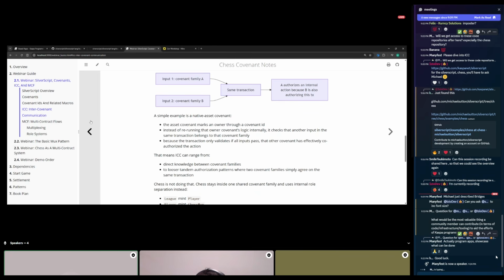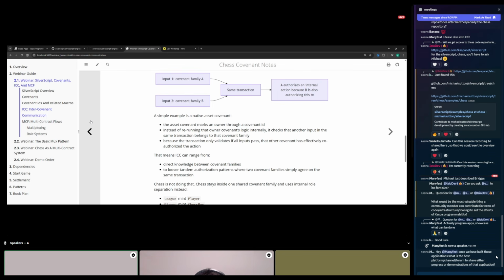All these entities are within the same covenant logically, but it's a multi-contract system within the covenant. The example we saw of DOG20 is a single contract. We only saw one contract, and the logic is self-enforcing. Each input is going to verify this contract, and it's also going to verify the outputs are following the same contract. So when they are spent, they're also going to have to prove they're spending correctly, etc. So it's a single contract, and it's a little simpler.